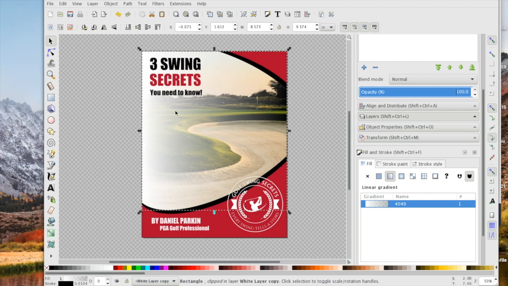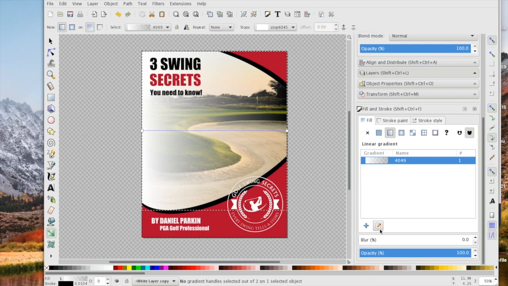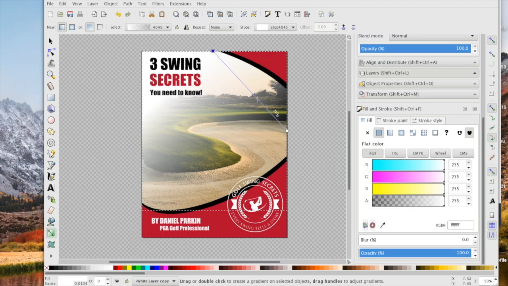Now what I want to do is transform this into a vertical gradient, and to do that what we are going to do is again select edit on the gradient that we've added, and you'll see you've got this blue line with a square at one end and a circle at the other. I'm going to grab the square and drag it up to the top of the page,